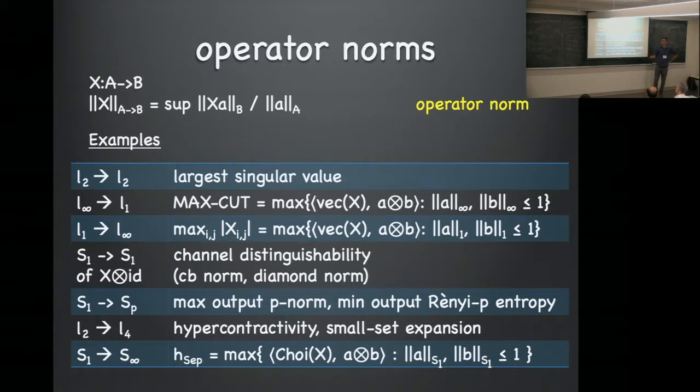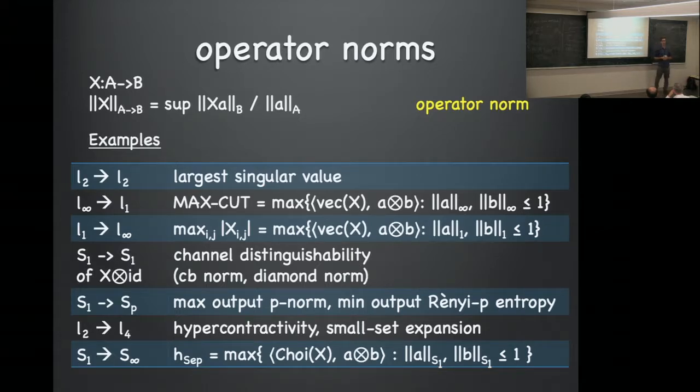I like to think of the 4 norm as like the 2 norm, but it prefers to be more concentrated. So the output is not just about the Euclidean length; among vectors with the same Euclidean length, it favors ones that are concentrated on fewer entries. And this corresponds to a graph problem called small set expansion, which I'll talk about later.